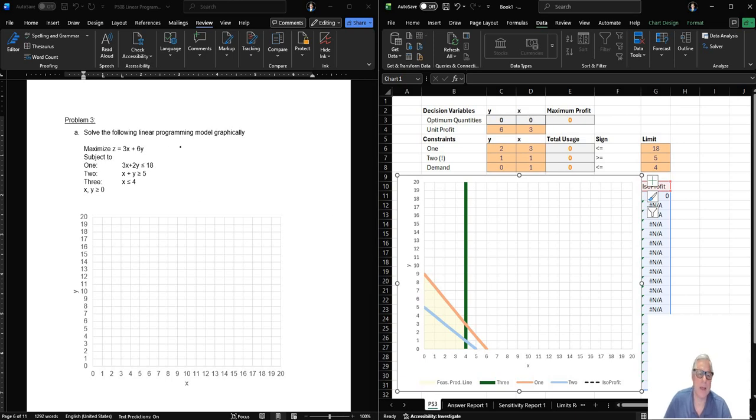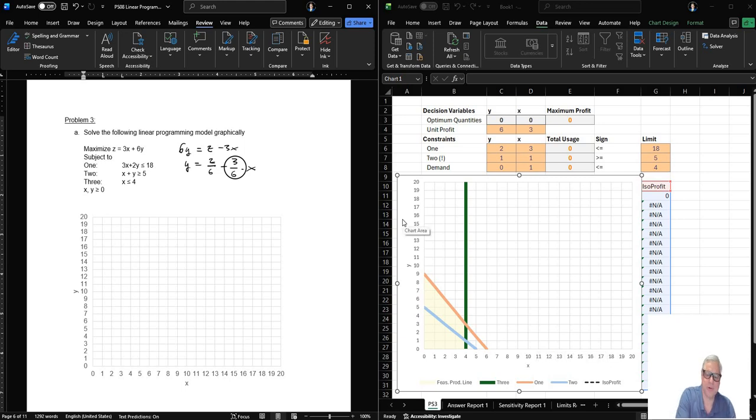Because I have y on the y-axis, I would have to solve the maximization condition to 6y equals z minus 3x, and then I divide both sides by 6, and I get total profit c over 6 minus 3 over 6 times x. And the important part is, of course, now that the slope is the unit profit of x to the unit profit of y,